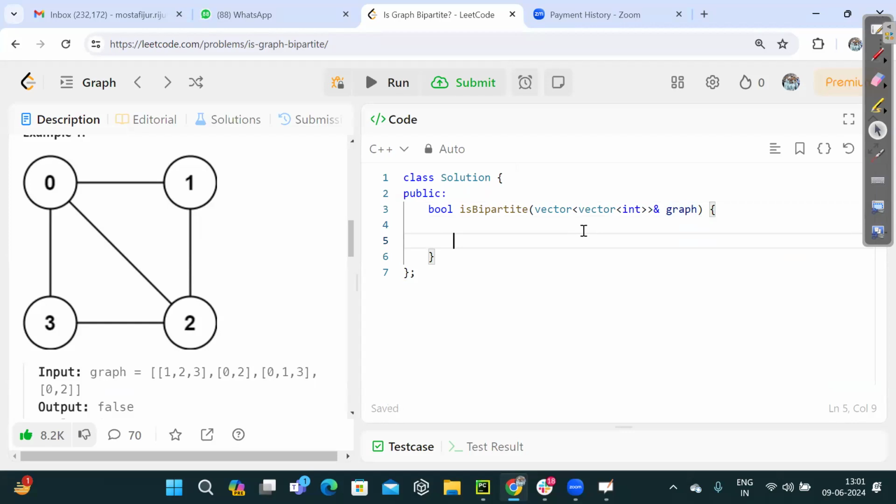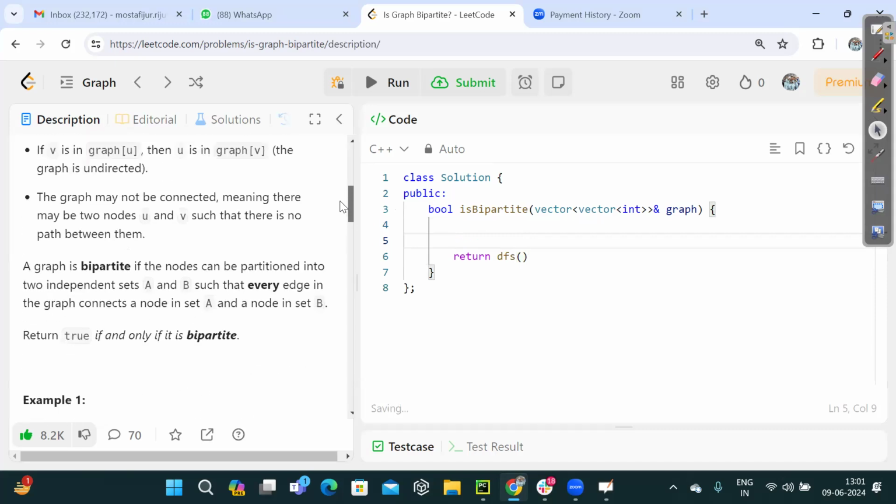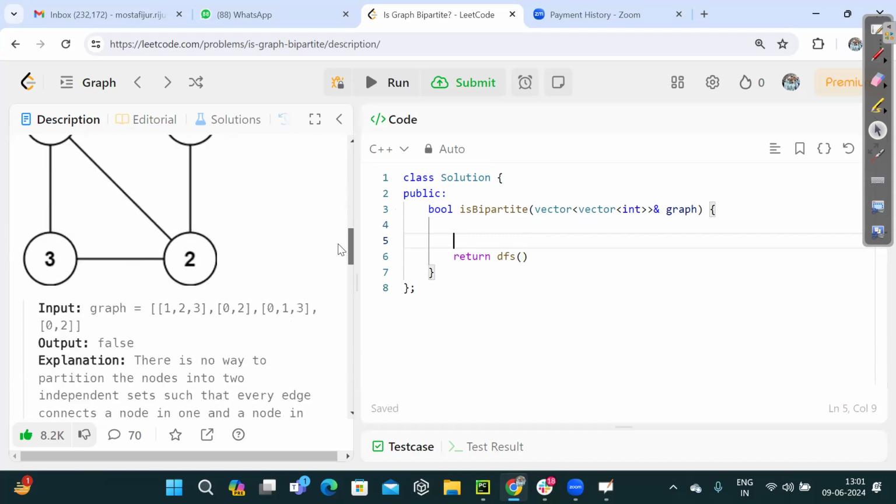How should you proceed ahead? Tell me that. Let me make a DFS function. Return whatever DFS is returning. I can just run all the loops, by the way, but they are not giving me how many